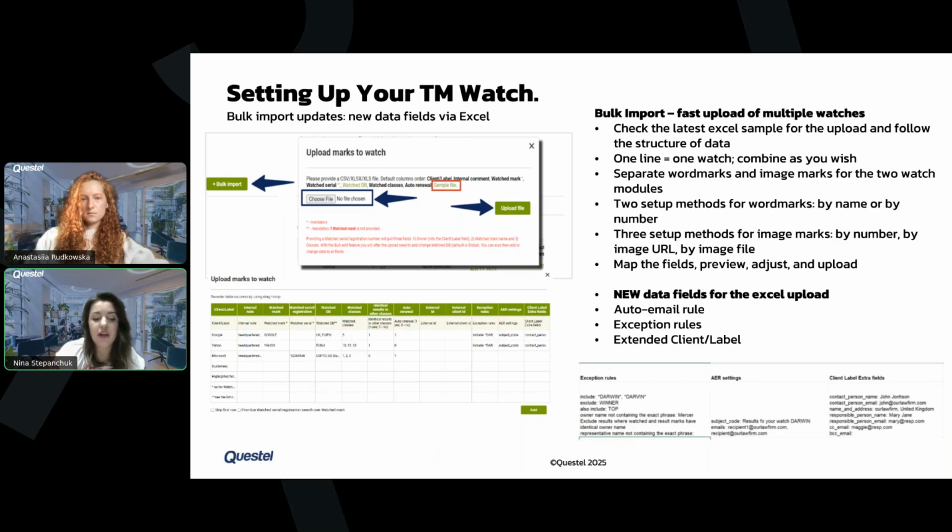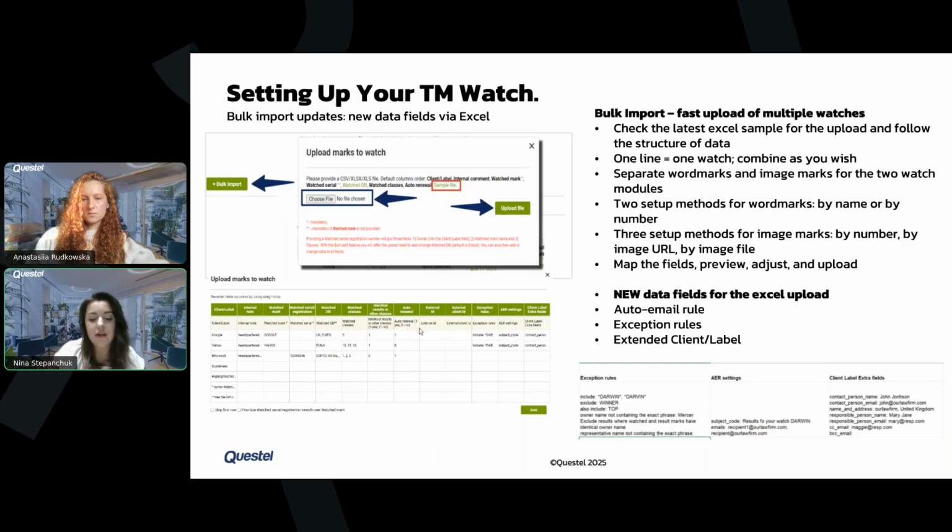You can do an import by image URL if the link points to publicly accessible image files, or you can actually, and this is rather recent, do the import using the actual image files, where you list the names of those files inside the Excel and upload the Excel together with the zip archive of those images into the system. In all cases, when you upload the Excel, you will have a preview, as here on the screen,